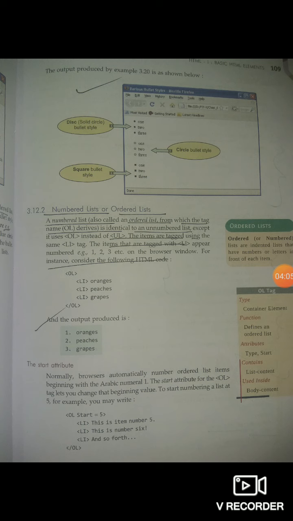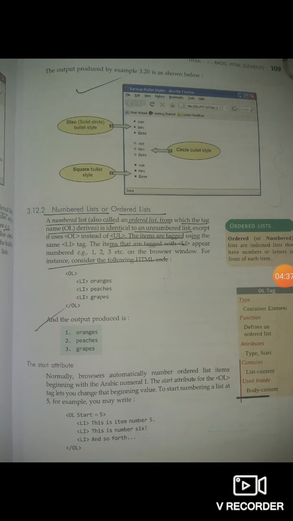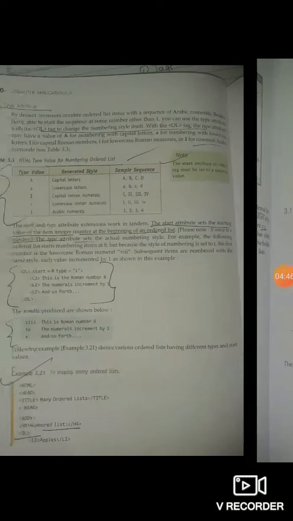You can see in this example, look here, ol, li is open, orange, peaches and grapes, three items are defined. And after running this program, three numbers appear. One more thing here: no attribute is defined, but by default 1 2 3, meaning by default sequential numbers are taken. So you have to know very well, an ordered list takes numbers by default. So 1 2 3 are defined. First one is orange, second one peaches and third one is grapes.